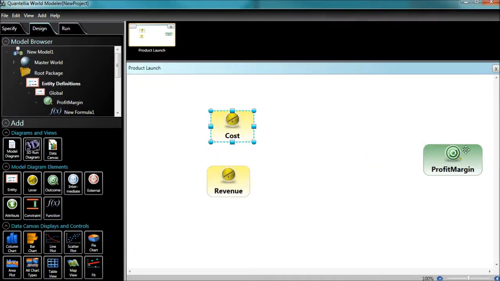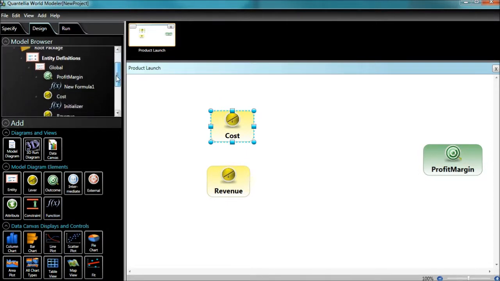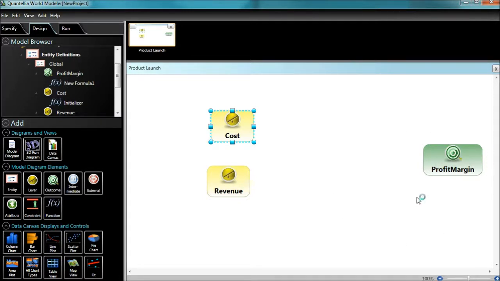So now we've created a formula inside profit margin. You can actually see this formula here in the model browser. Now, there's other ways to also display it in the model diagram, but I'm not showing those here today. So the next thing I'm going to do is to add what are called dependency lines. Now, these are purely decorative, just to help us understand how information flows in the model. In some models, you might choose to add dependency lines to show how information flows. In some models, you might not. But really what matters are those formulas that we created that determines how information flows from one part to the